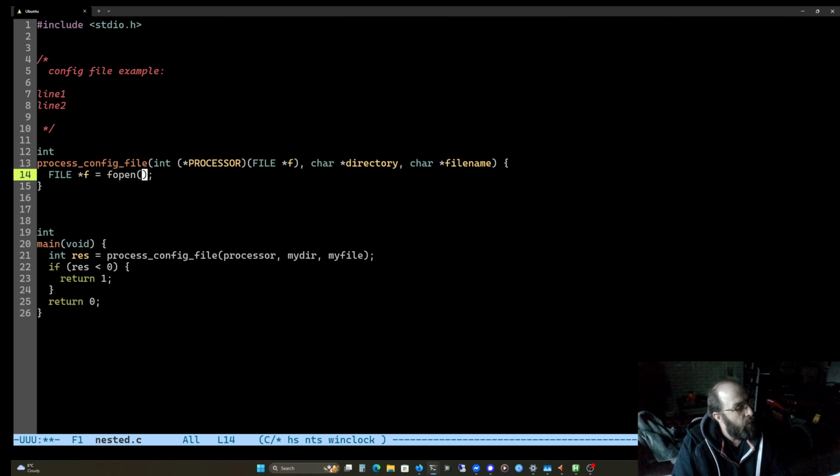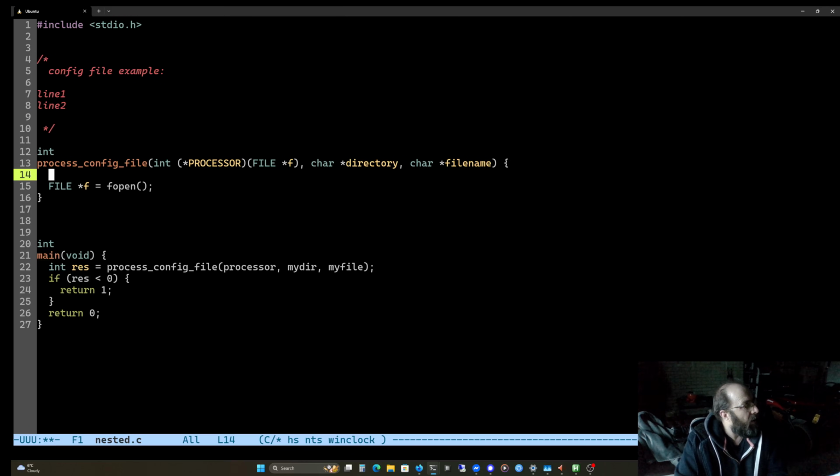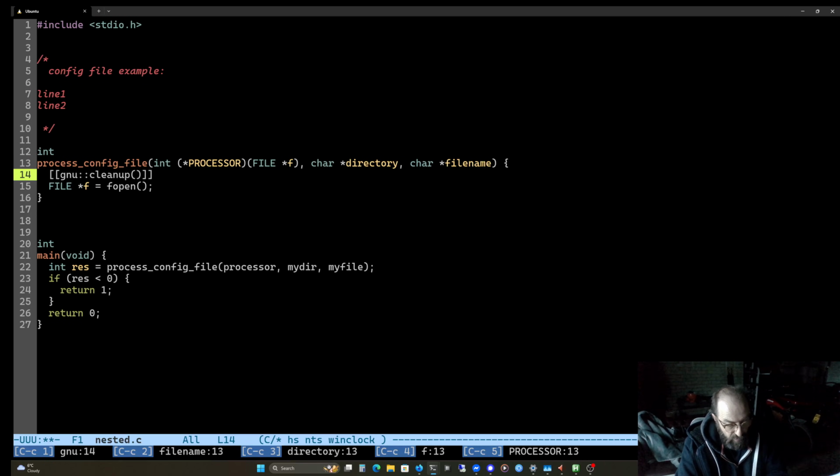But wait, we don't know what directory and file name are. So we need a single file name. How are we going to get a single file name? We need to put them together somehow, don't we? Oh gosh, now we need to allocate. Okay, so let's allocate a string to be the combination of them both.